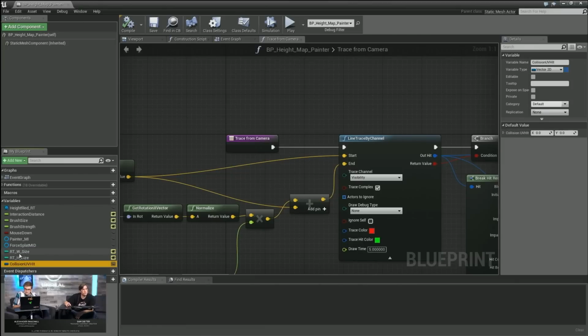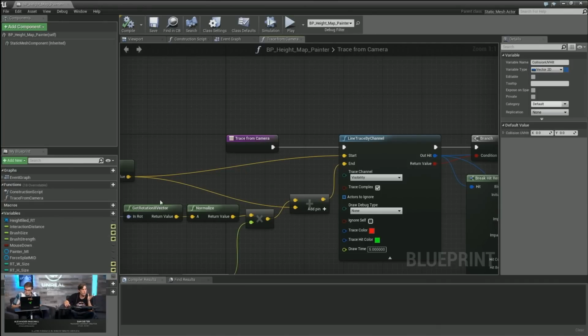And then we have our collision UV hit, and I'll get to this in a little bit. This is actually using a new 4.13 feature that is basically getting your hit results from the UV of the object. Instead of having to write an entire bunch of Blueprint logic code, which I'll show you in just a little bit, you can replace this using just this one singular node. You will have to enable that in your project settings, but I'll cover that in a second. So with all of the variables,